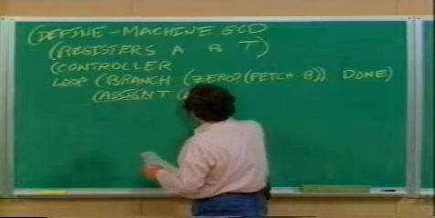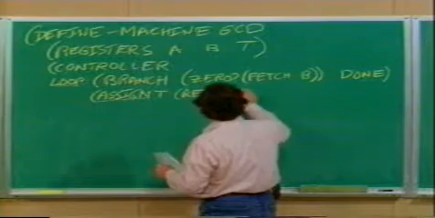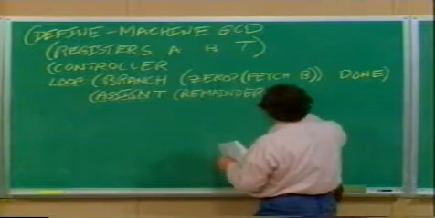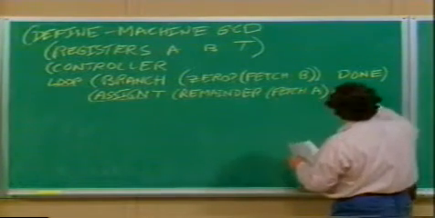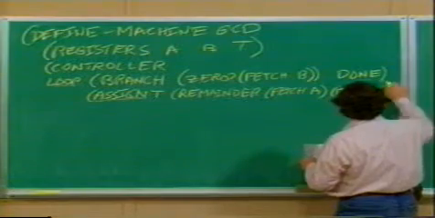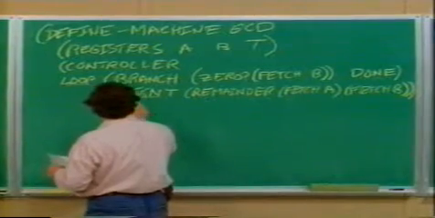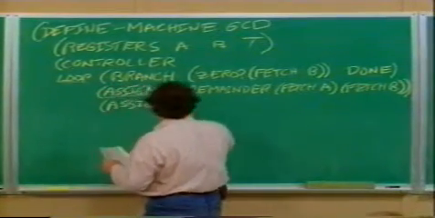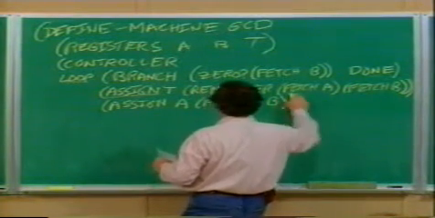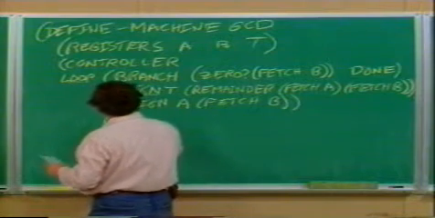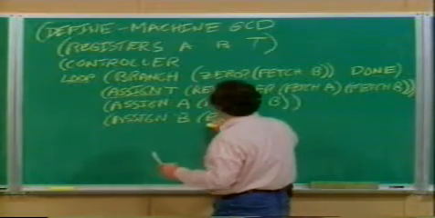Assign to T the remainder, and here's the representation of the operation, when we divide the fetch of A by the fetch of B. Okay, we're also going to assign to A the fetch of B, assign to B the result of getting the contents of T,